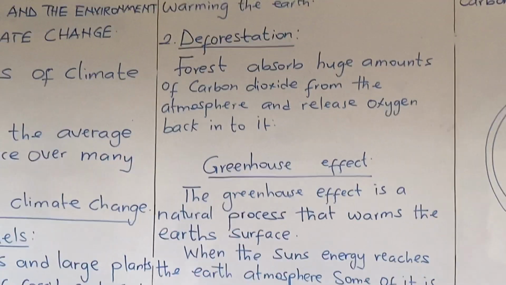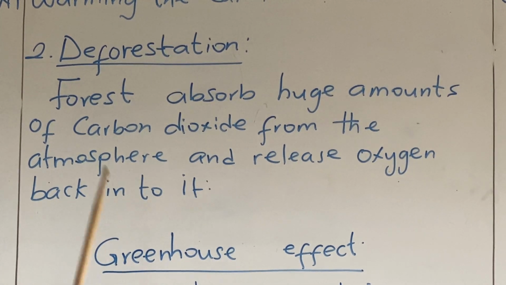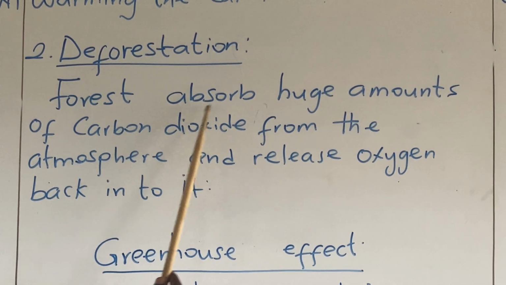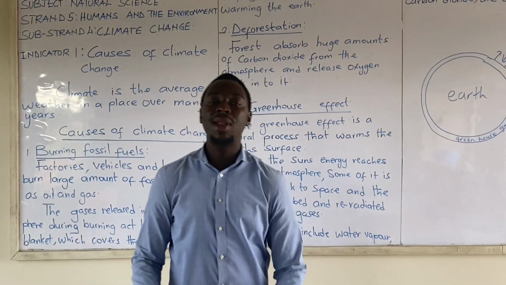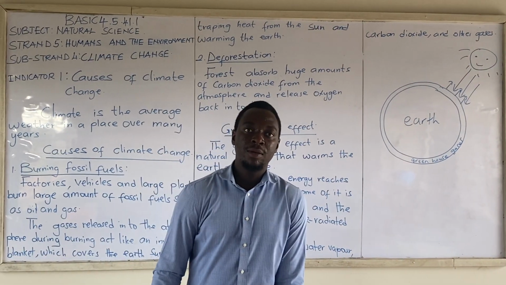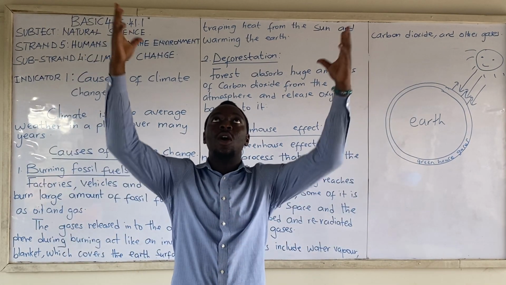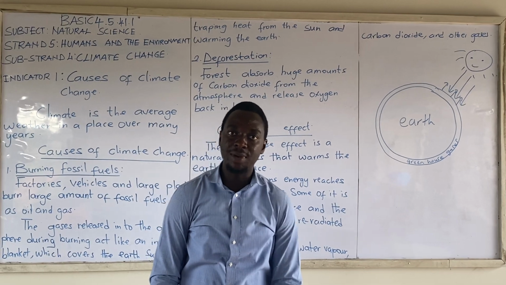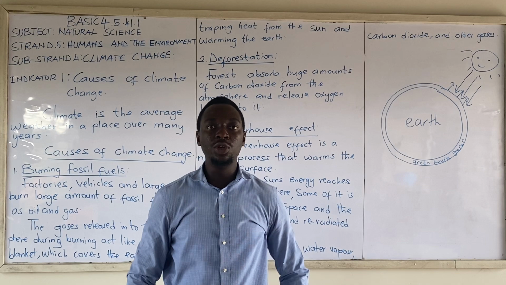Let's look at the second factor that causes climate change. We'll be looking at only two. The second one is deforestation. Forests absorb huge amounts of carbon dioxide from the atmosphere and release oxygen back into it. The trees and other plants in the forest absorb a lot of carbon dioxide because they prepare food with it from the atmosphere, and they release oxygen into the atmosphere to be used by